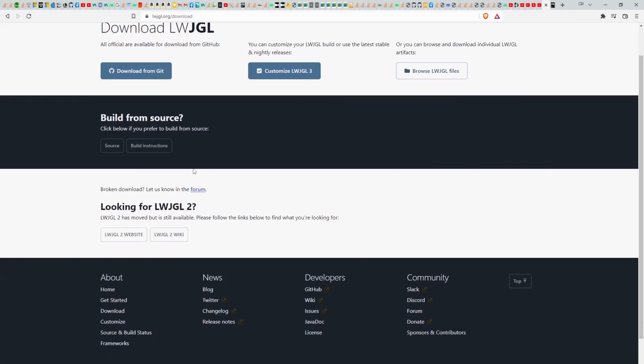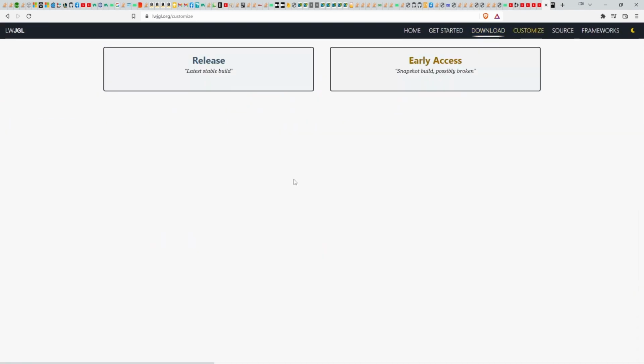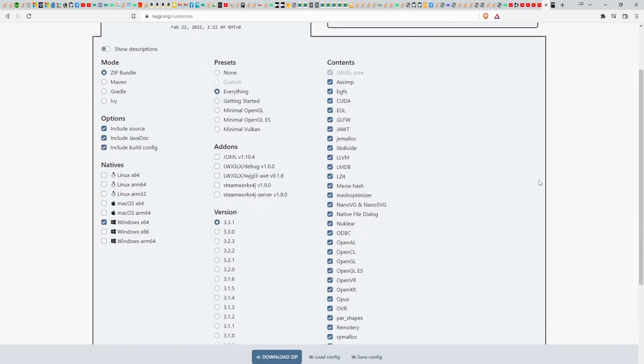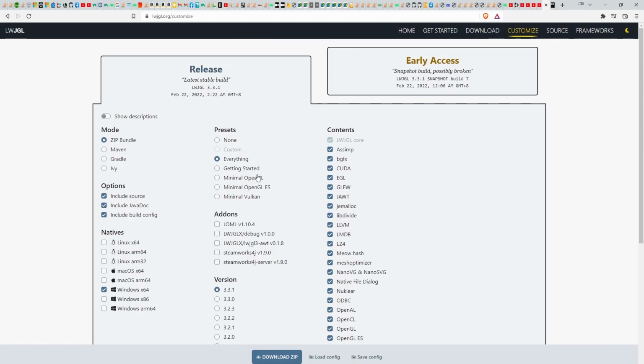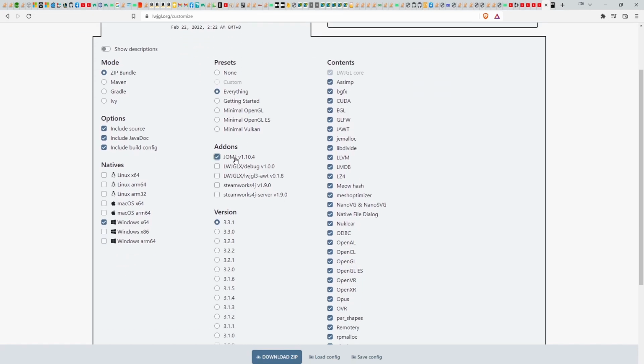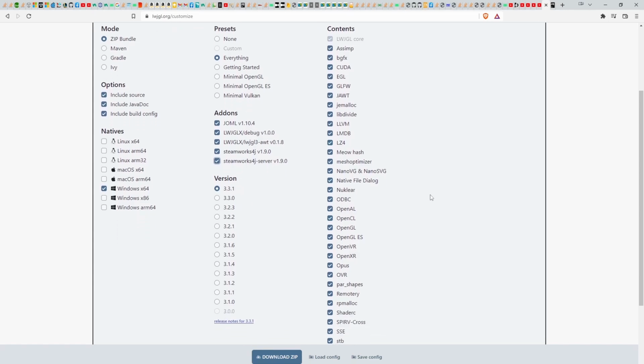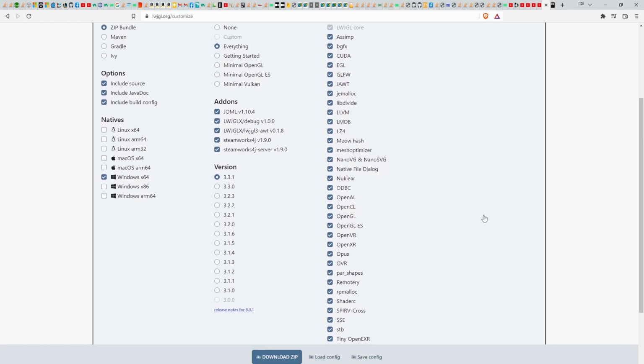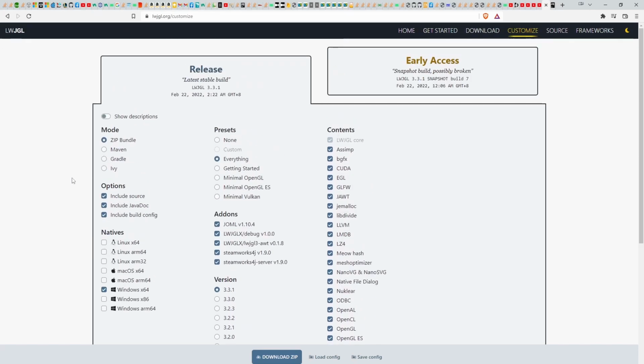We choose customize, release. There are many options to choose from. My personal preference is to choose everything under presets, click all the add-ons, even though if I don't use it, I can still select them and import them. If I want to use them one day, I can just directly use them instead of coming back here to